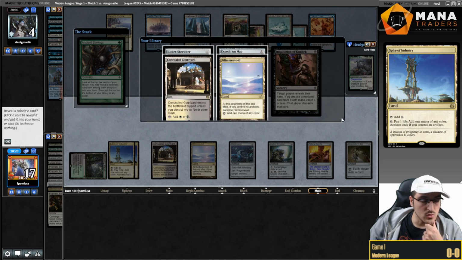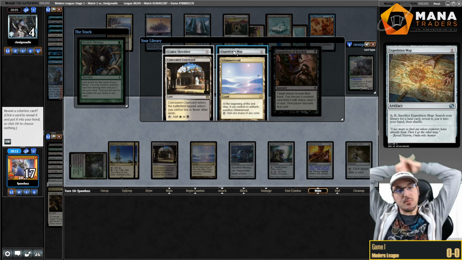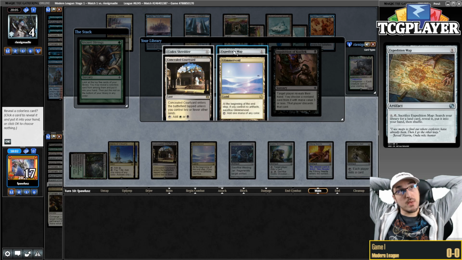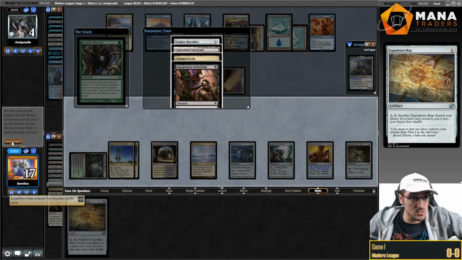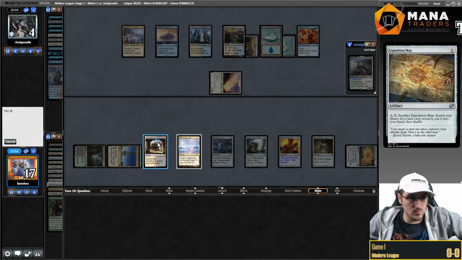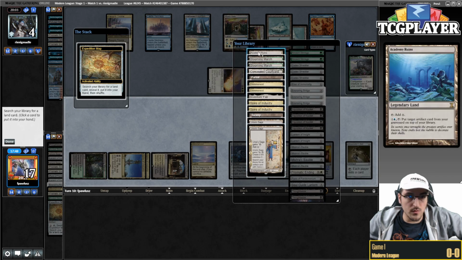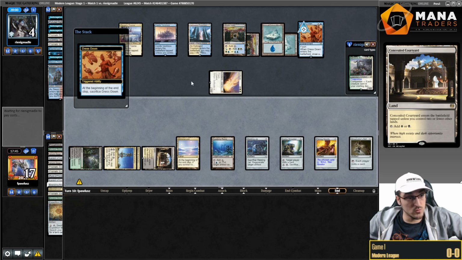Ancient Stirrings for... I can map for... I can map for Academy Ruins. And then Academy back the Lantern a bunch, I guess? There it is. Play that. Say go. We really want to dodge...